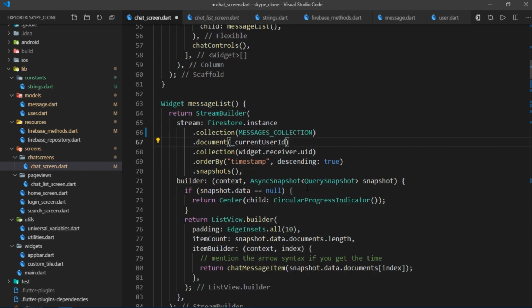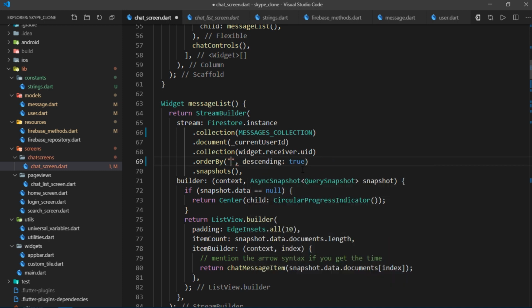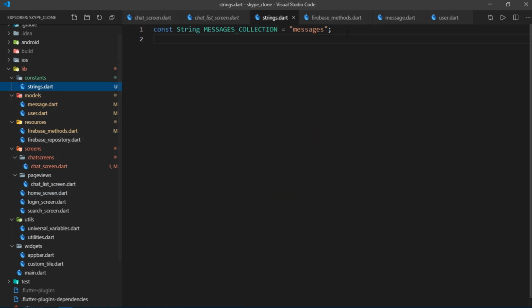Simple as that. Now, even this timestamp field, since it is a string, it would be better if we keep it separated. So I'll write timestamp field. Then I'll go back to strings and I'll write const string timestamp field